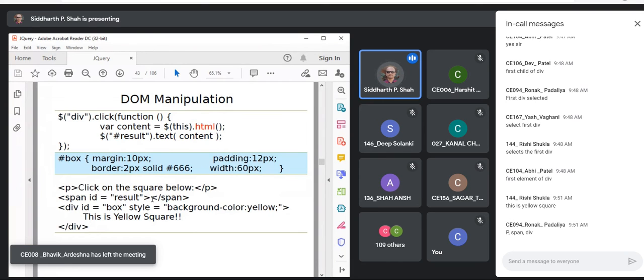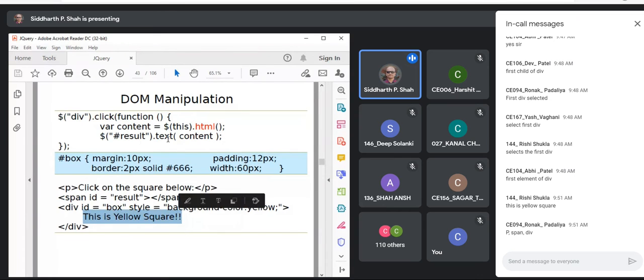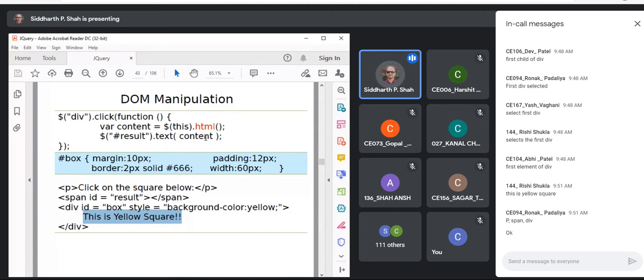Yes, this is yellow square. That will be set here because this dot HTML represents the division, and the division's HTML content is this. That will be given to the content variable, and that content variable you are going to set as text to this result. So it will be set here.